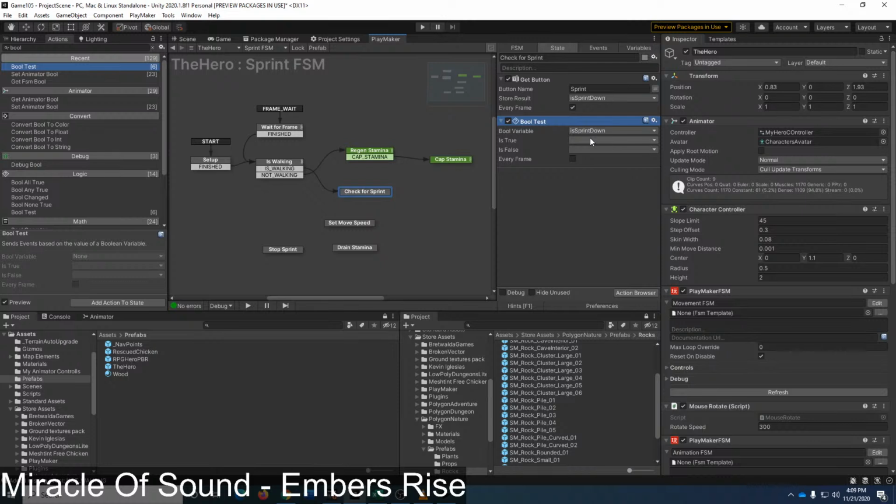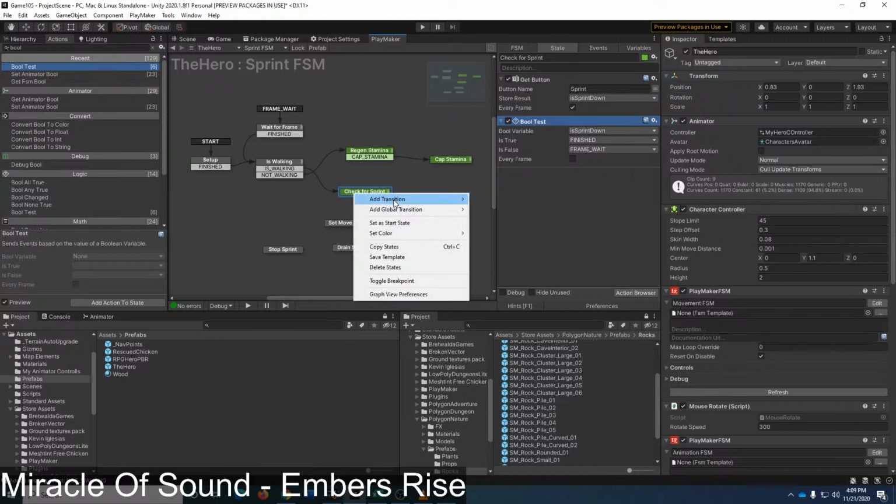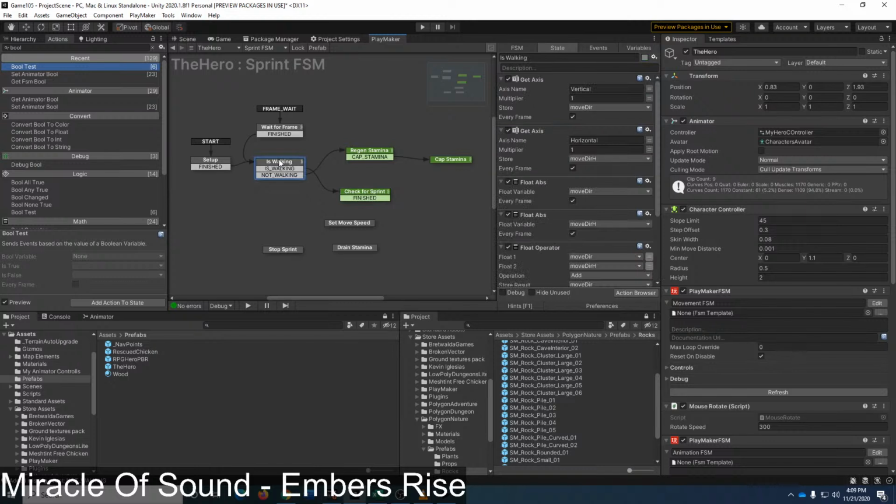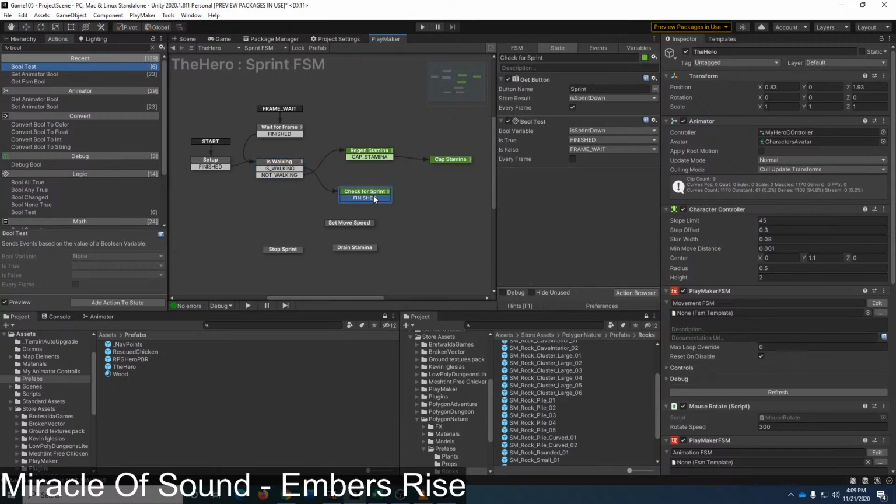And if it's true, we are done here. Otherwise, if it's false, then I'm going to go and do a frame wait, which means this is green. So I am walking, and I do have the sprint button down. So I have now entered sprint mode.